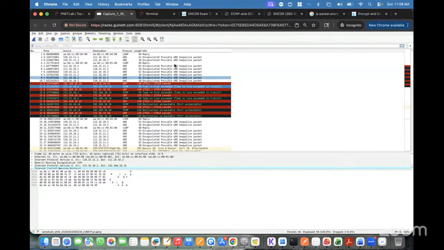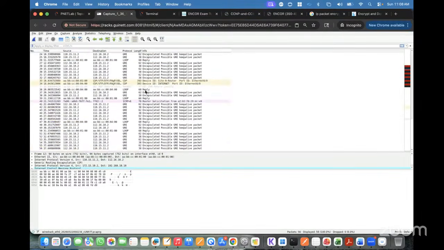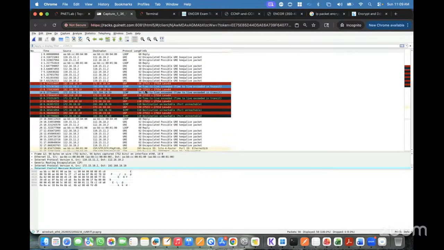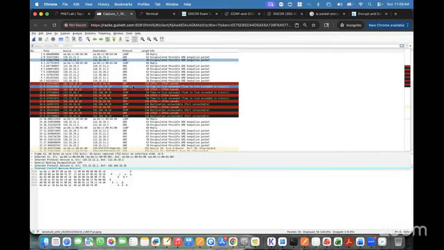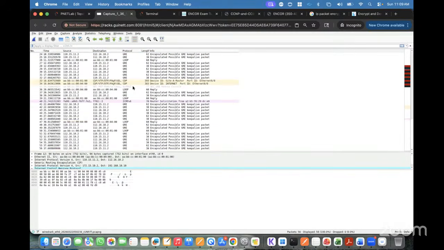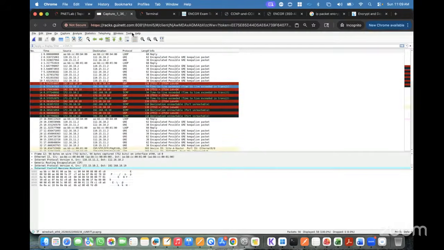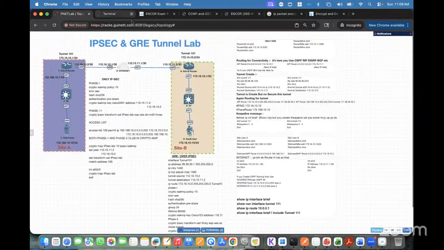You can see in this, we are not able to see any IPsec packet right now. We only see the GRE packet, but there is no ESP protocol or AH protocol. You're not able to see anything here. But when I configure this again with IPsec, then we'll see the negotiation happen